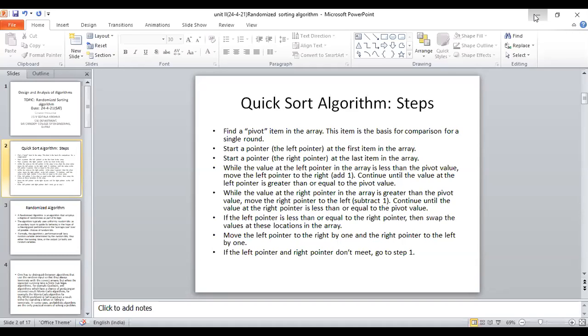So we are maintaining a stack of size 2 log n. Else add p to the stack, add j minus 1, set p equal to j plus 1, and add j minus 1 to the stack. So sort the smaller subfile. If the stack is empty, then return. If there are no elements in the stack, you can return.